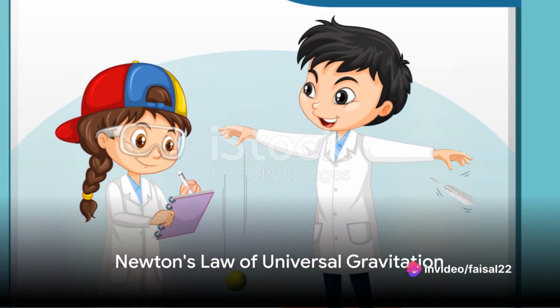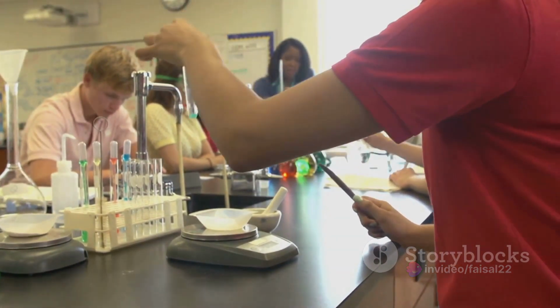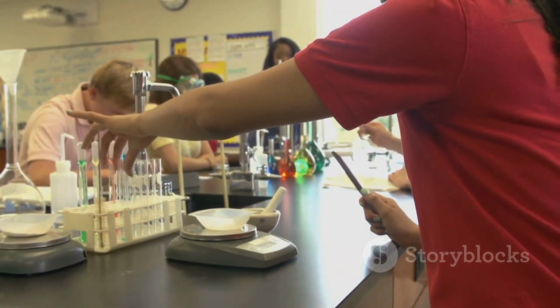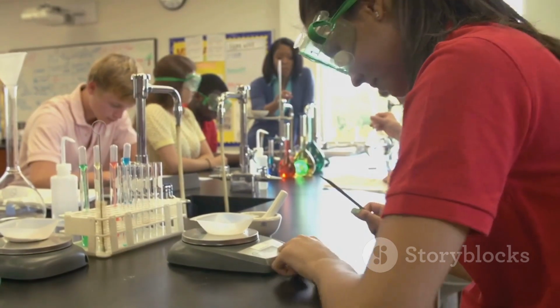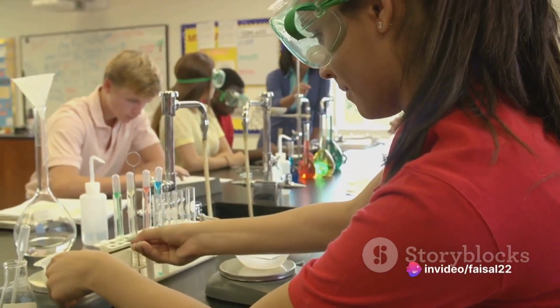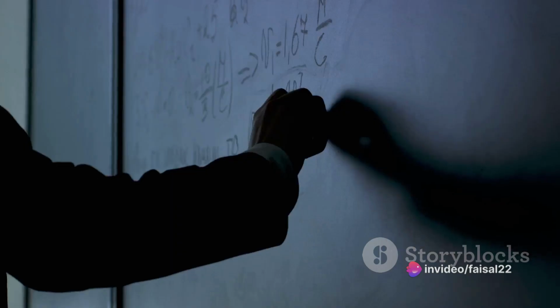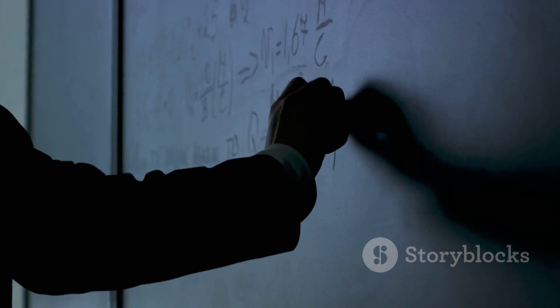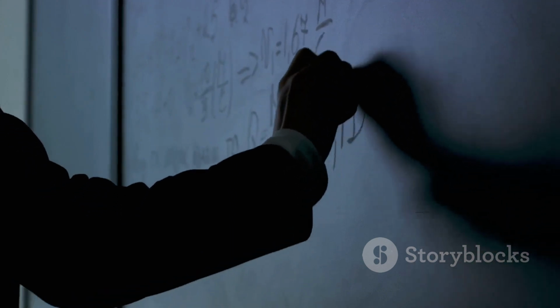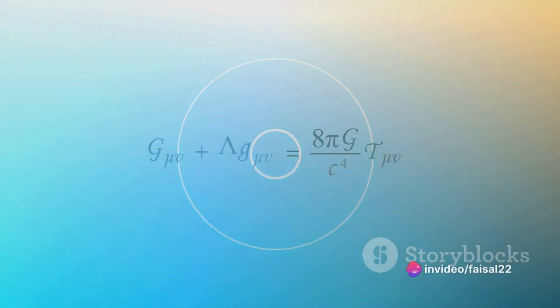Newton's law of universal gravitation tells us that every particle of matter in the universe attracts every other particle with a force directly proportional to the product of their masses and inversely proportional to the square of the distance between their centers. This law, formulated by Sir Isaac Newton in 1687, is one of the fundamental principles of physics. It explains why objects fall to the ground, why planets orbit the sun, and why the moon stays in orbit